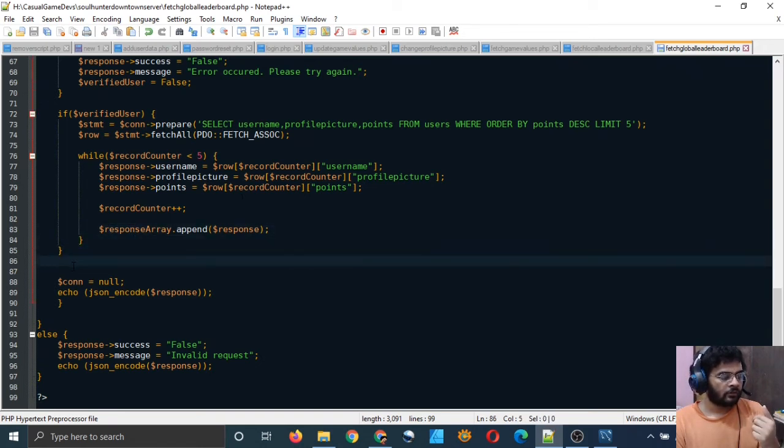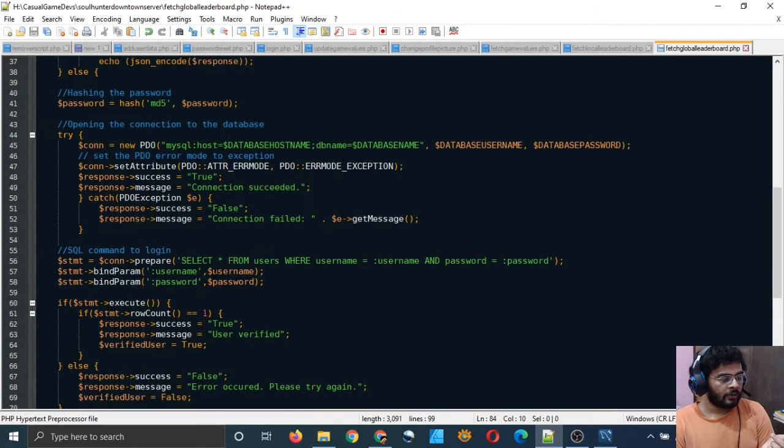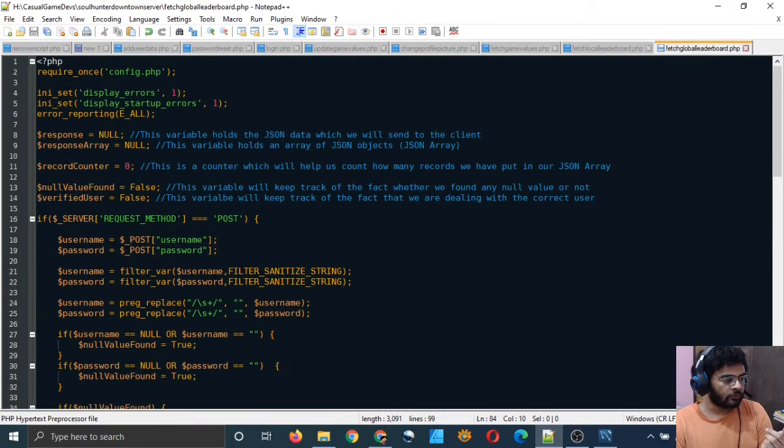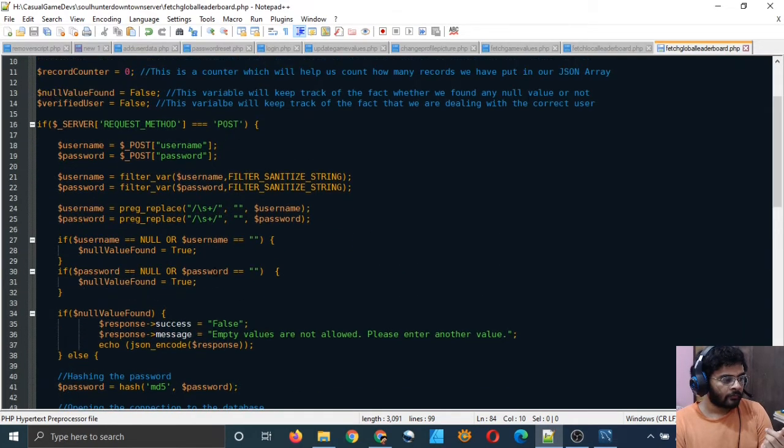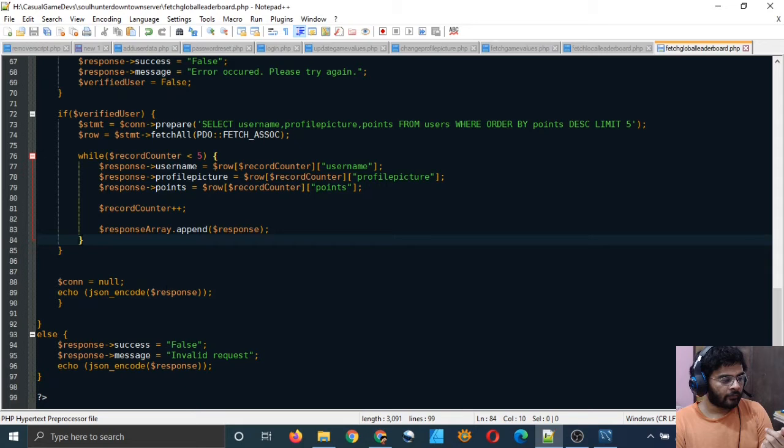And now in this file, in the echo statement, we will ultimately have to JSON encode our response array.